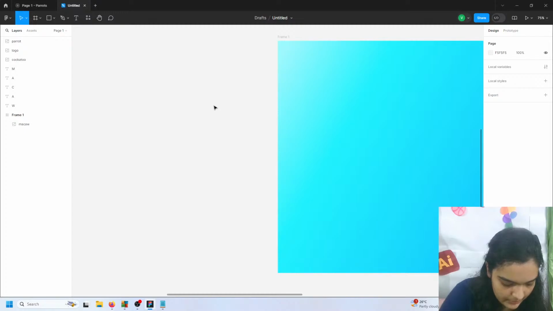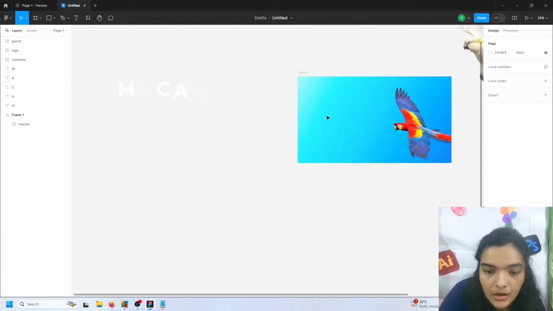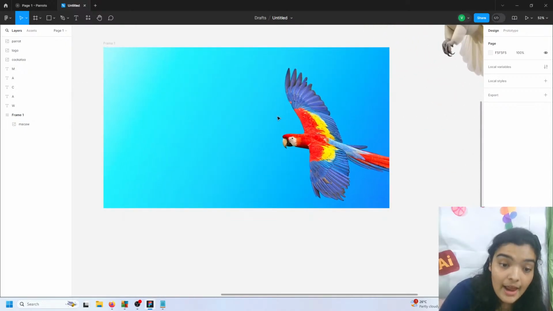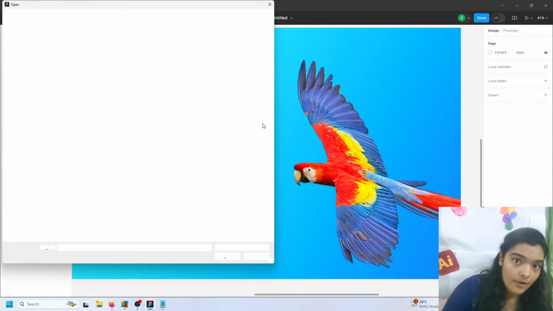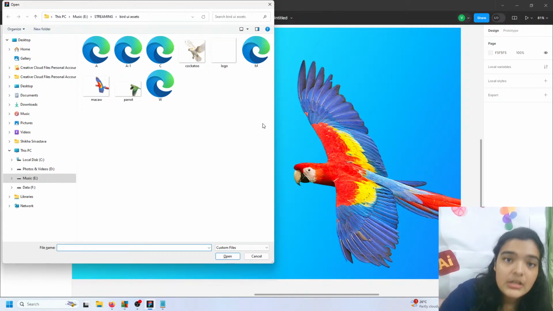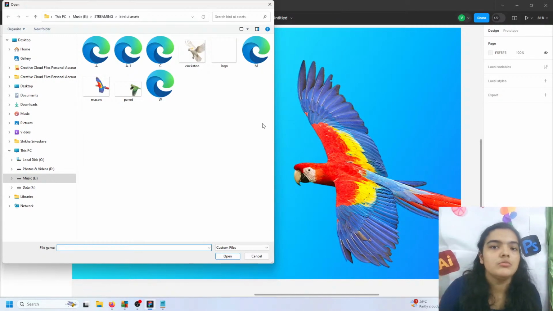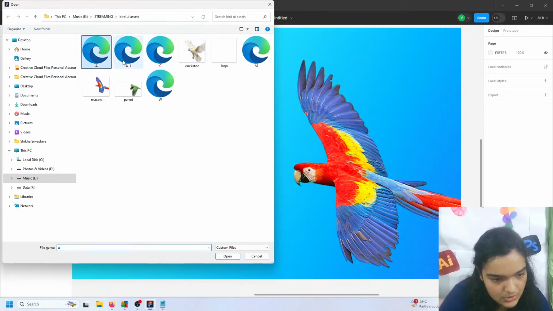Alright, and now that we have done that, we'll start adding our alphabets. So we exported our alphabets to images, and now that we have images of our alphabets in SVG format, we are going to take them, try to do different tricks with them. So I'll take out all of my images,